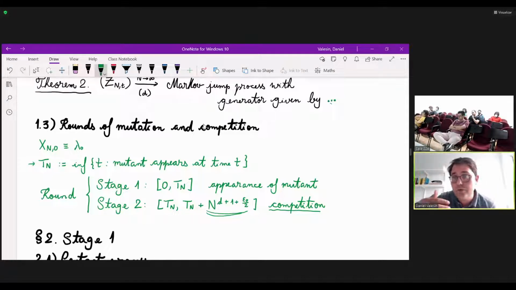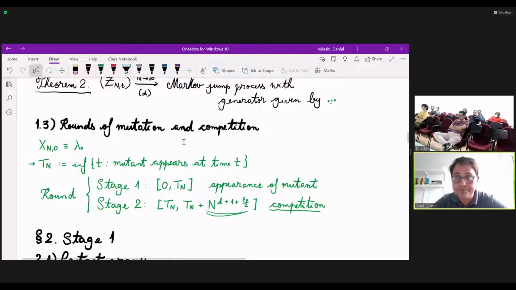And then when the round is over, so there's a winning type again, then another round starts. So you have to wait until another mutant appears, you have to wait until the conflict resolves, and so on. So the process is split into these rounds. The idea of what I'll explain now is that stage 1 of the round is going to look just like a regular contact process. And stage 2 of the round is going to look like what is called a multi-type or a 2-type contact process. Because in stage 1, there's only 1 type, and in stage 2, there are only 2 types, typically, with high probability.